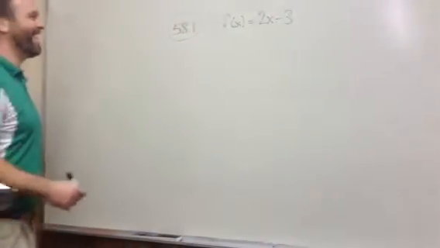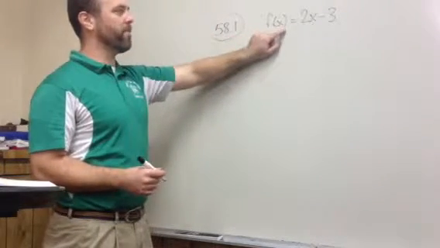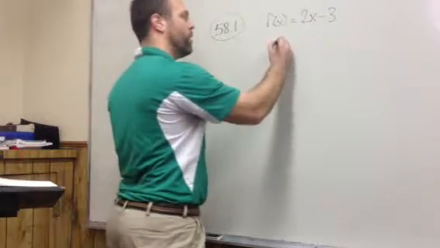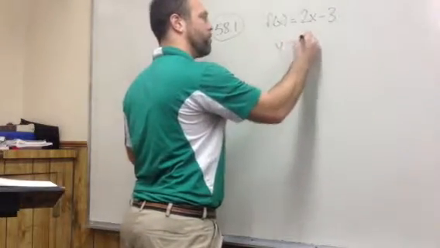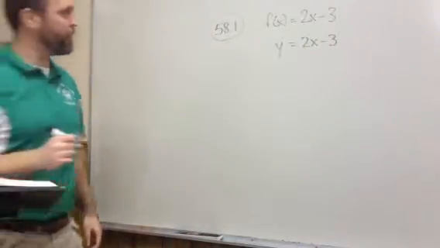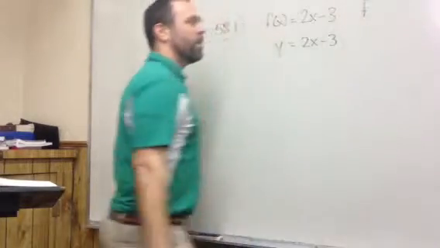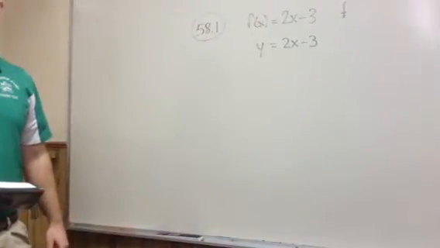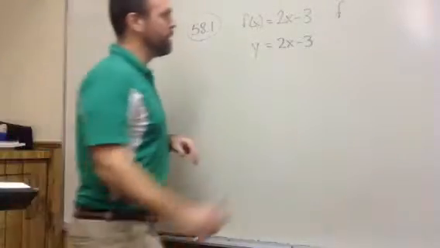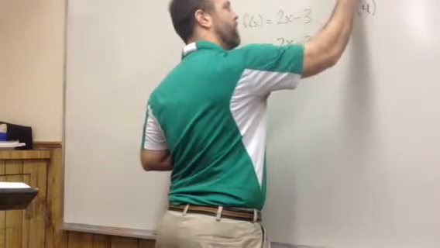There you go. All right, we have f of x equals 2x minus 3. Now the f of x is the same thing as y, right? So we can change this to y is equal to 2x minus 3. Now they have a little bit different notation that we're not familiar with, and that's this little -1, although you have seen that with sine and cosine. Remember that little -1 just meant inverse, where we found the angle instead of the side ratio. So this means find the inverse